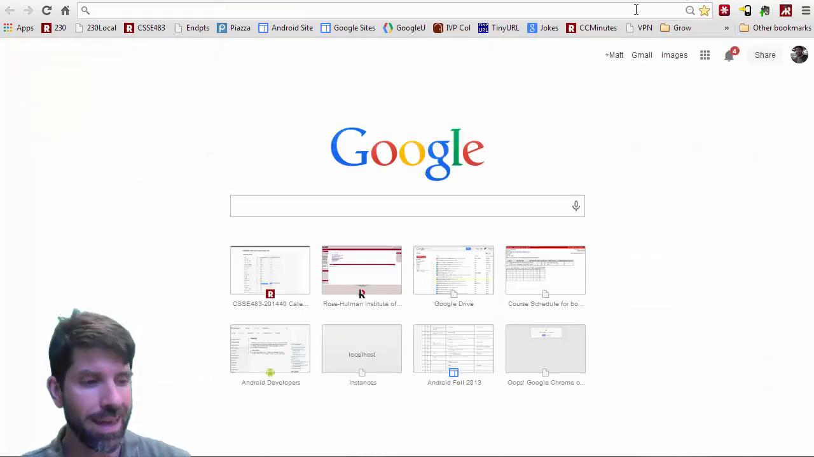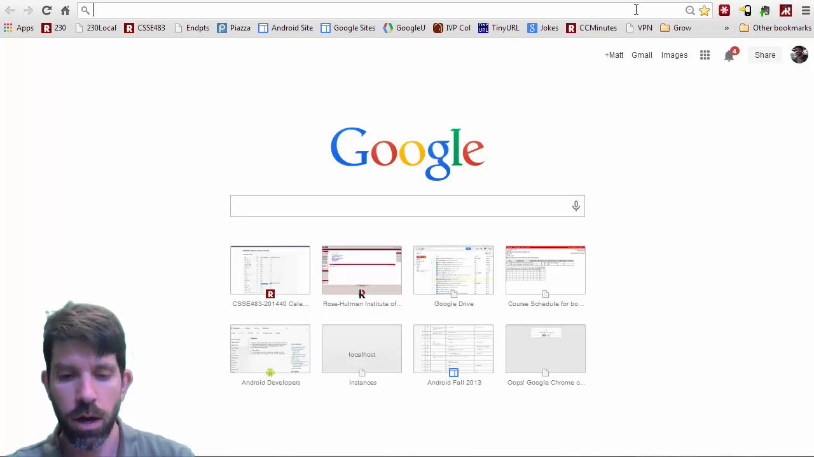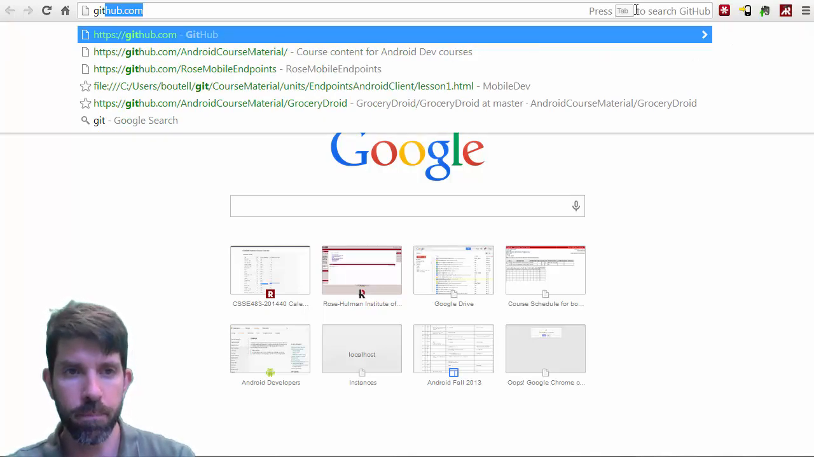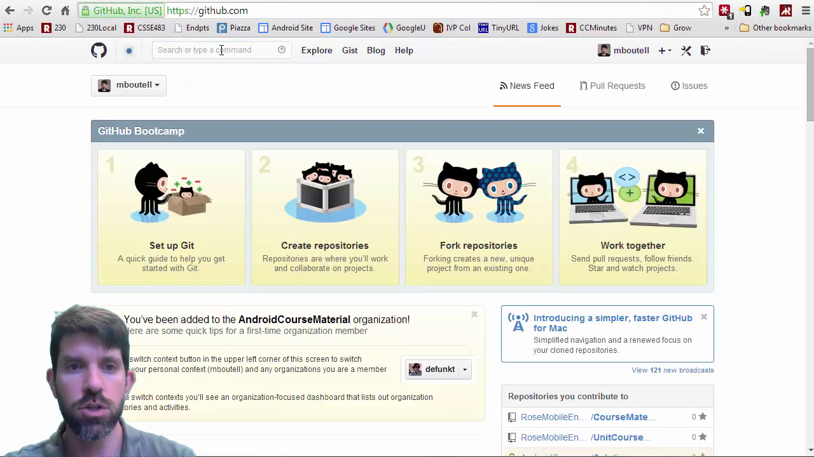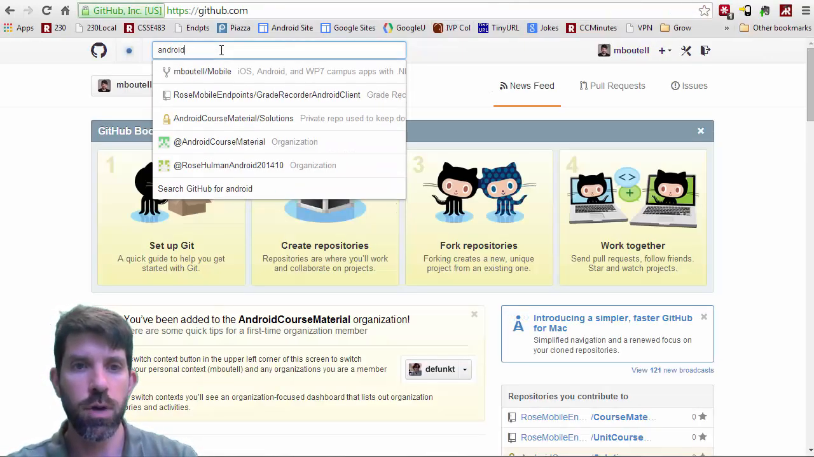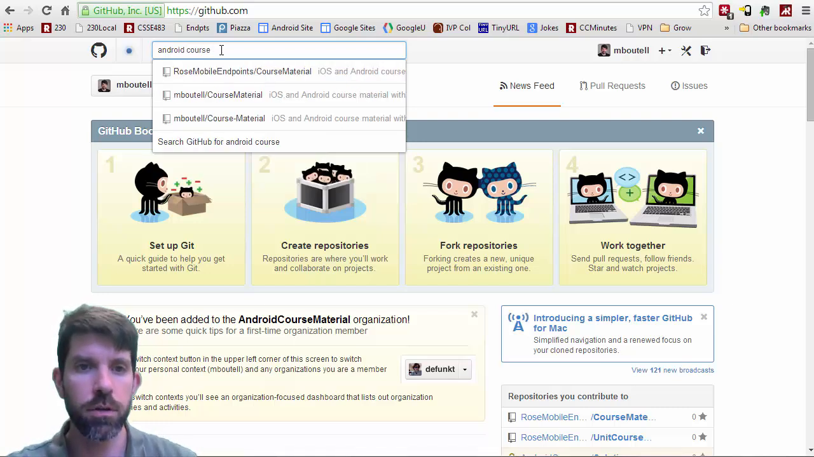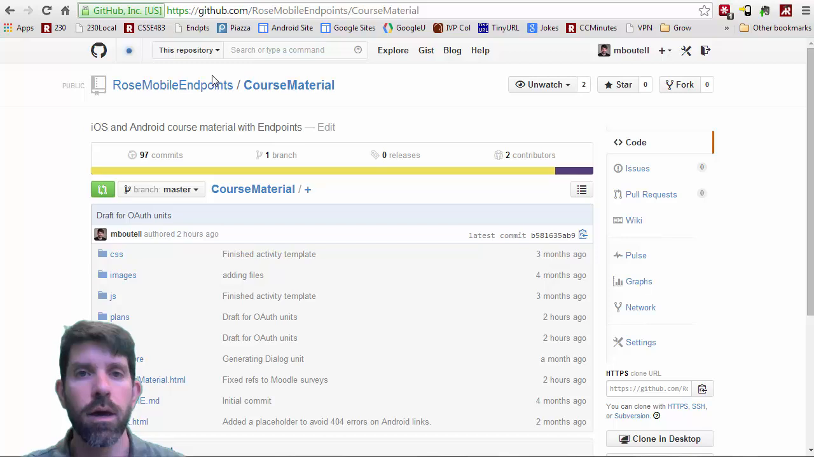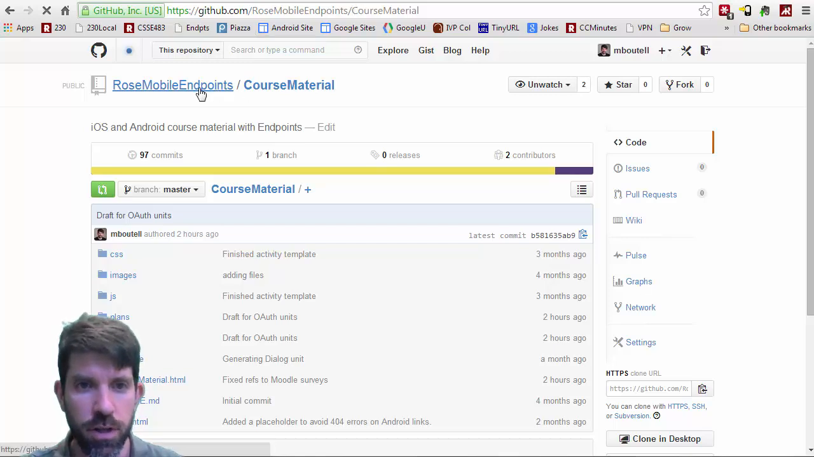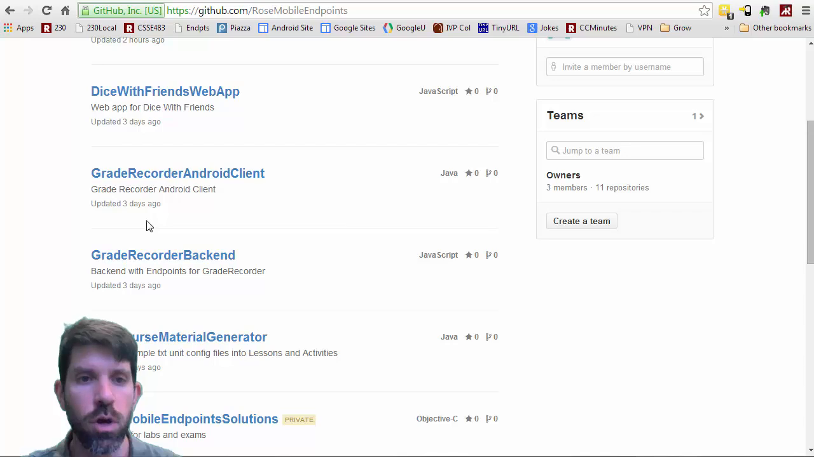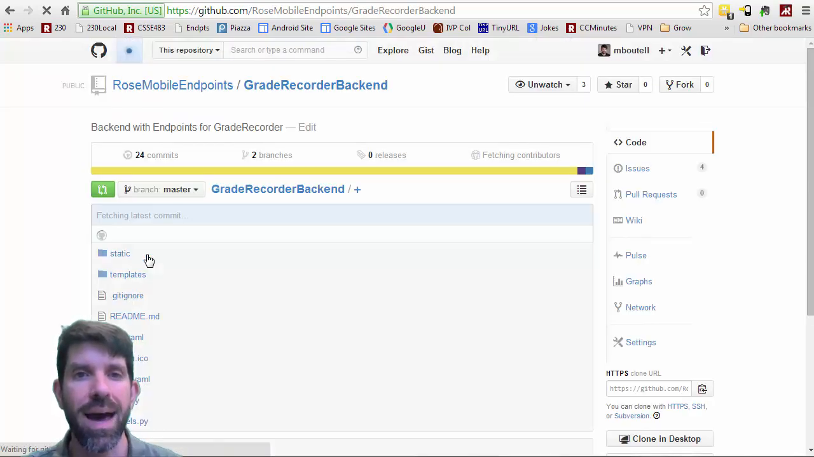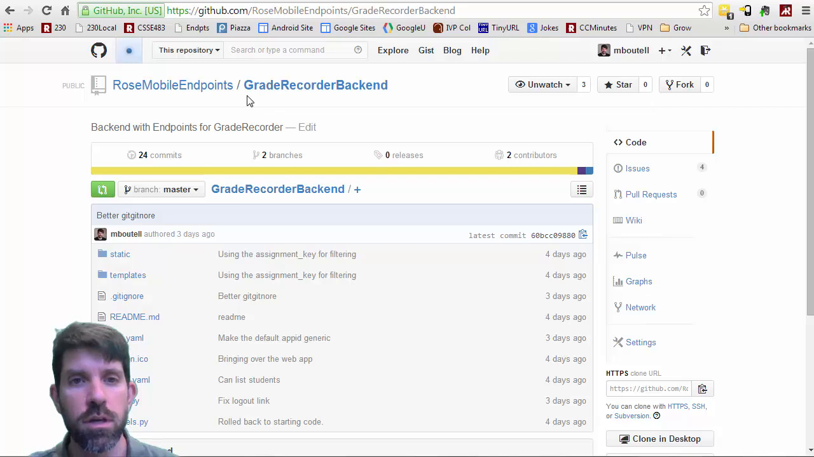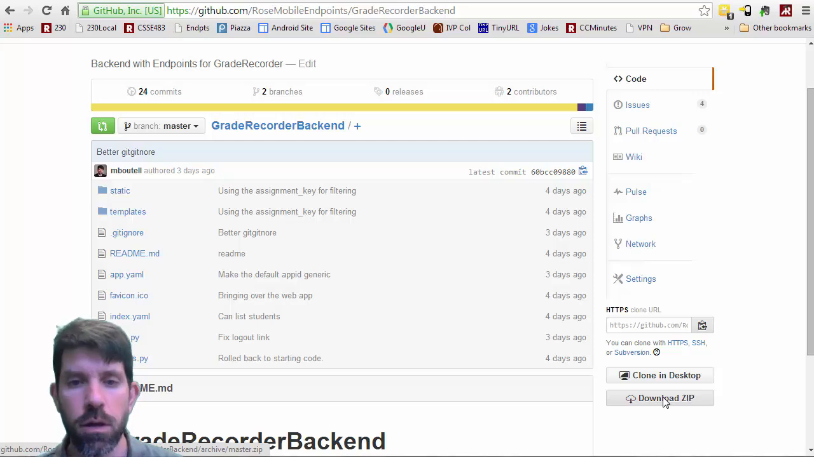So we're going to go ahead and download a web client here. We're going to do it from GitHub. So GitHub, and we'll go into Android course material, right? And actually, it might remember it from where you grabbed stuff before. So we have this Rose mobile endpoints, and it's actually not course material. That's not the one we want to go to. We want to go down to grade recorder backend, right? So Rose mobile endpoints, grade recorder backend, and you can go ahead and download that zip if you'd like,